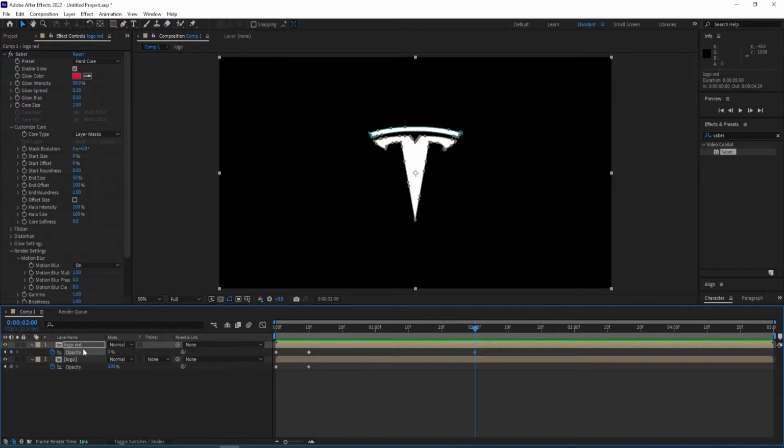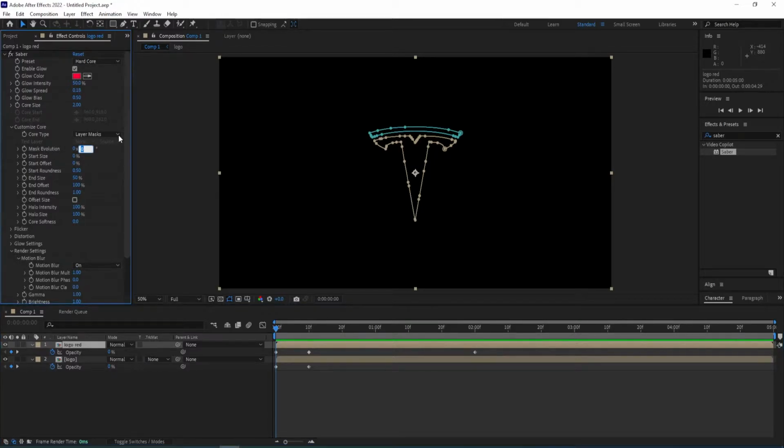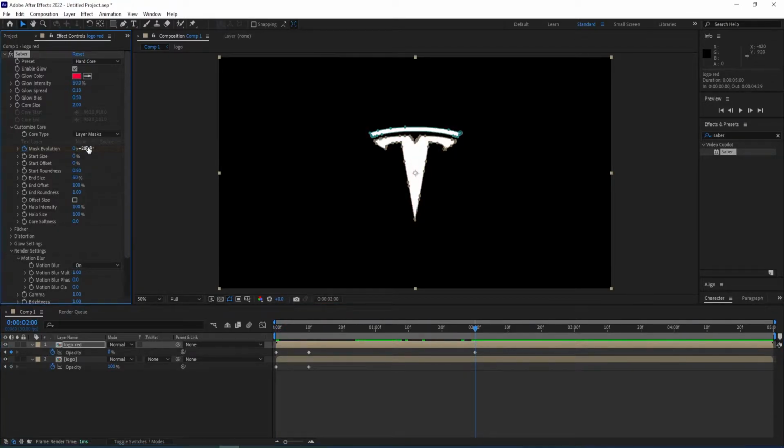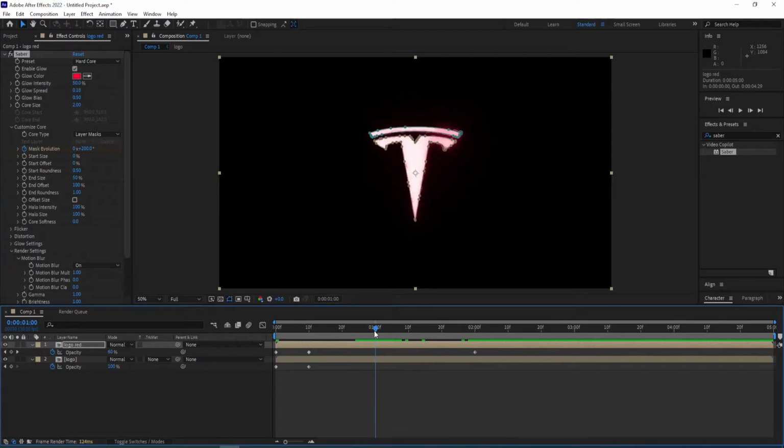And now we can just go back to the beginning, and then we go to customize core, mask evolution, and then set a keyframe on mask evolution, change the value of it at the beginning to -100, set a keyframe. Now go to 2 seconds and then change this to 200, set another keyframe, and now we go back to 1 second,